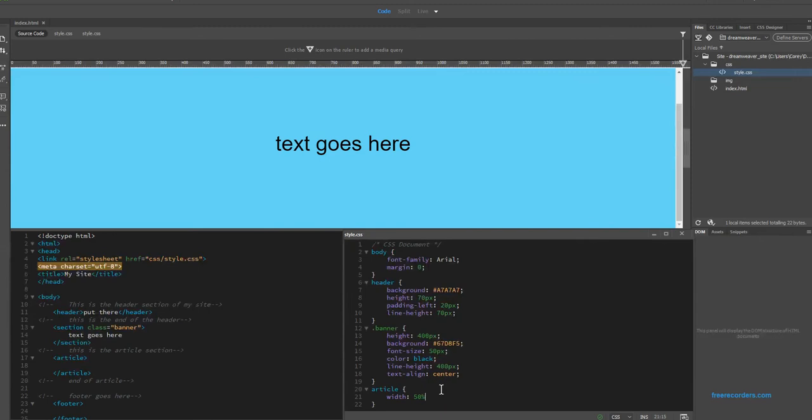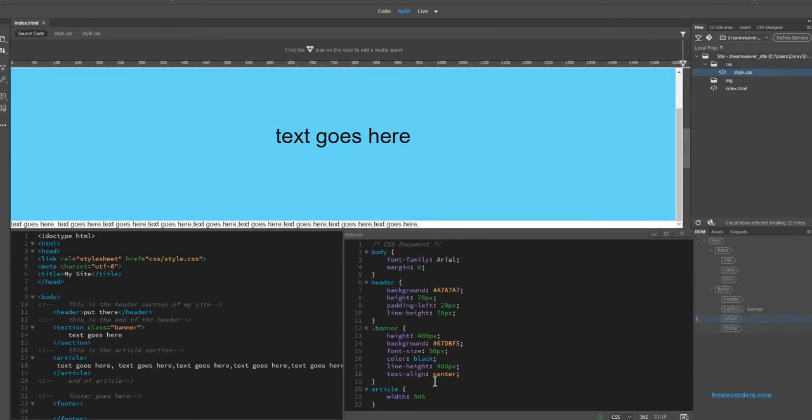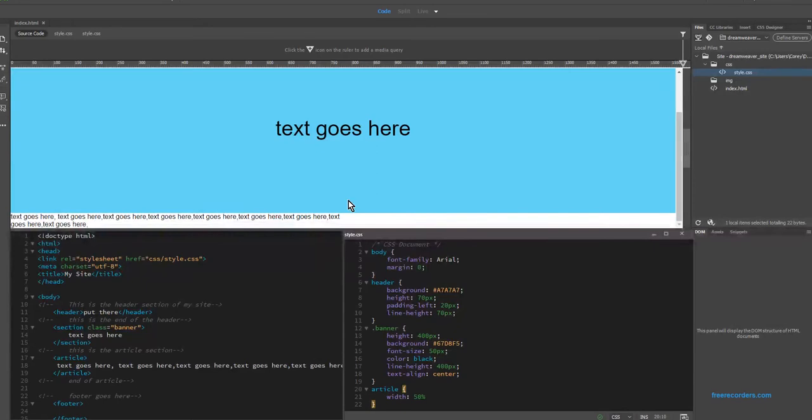page. So let's go ahead and save that, and we're going to just make some text goes here just to give context of what we're doing. So I'm just going to grab some dummy text here, and we'll just paste that in just to make it look like we have some content there. And you can see it's going to wrap it now because the content is only half the width of the